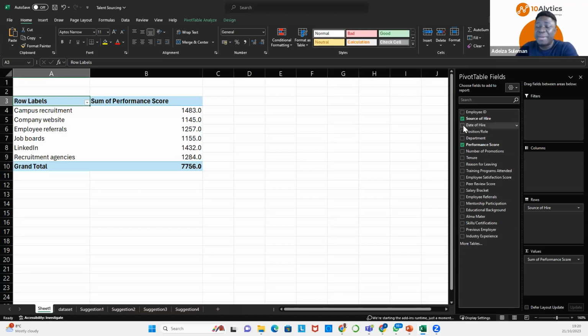Now, when you click, the major difference is that you are giving Excel the license, if I can put it that way, to do what it wants. What do I mean? If you notice, when I clicked on source of hire, it came under rows. It didn't go to filters. It did not go to columns. It went under rows. So the question is, what if you don't want source of hire to be under rows? You want it to be under columns.